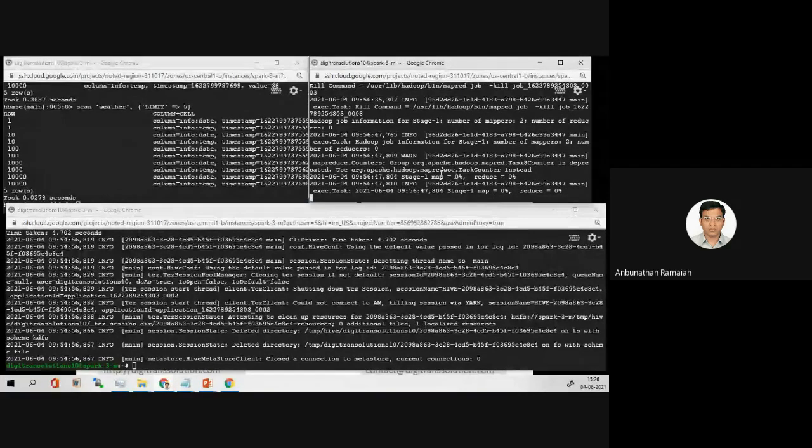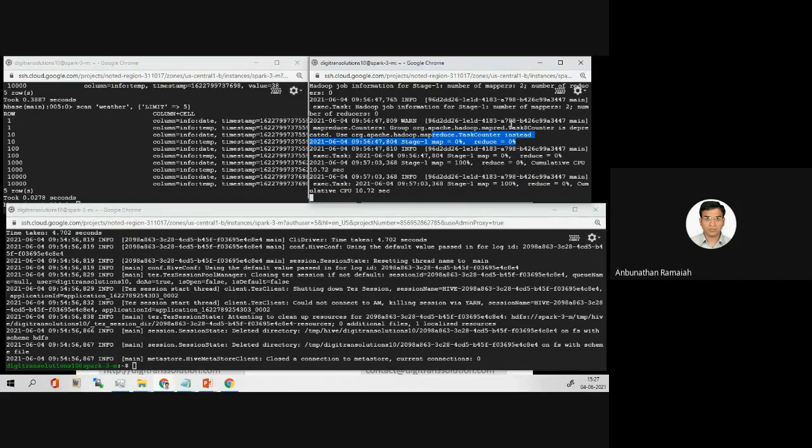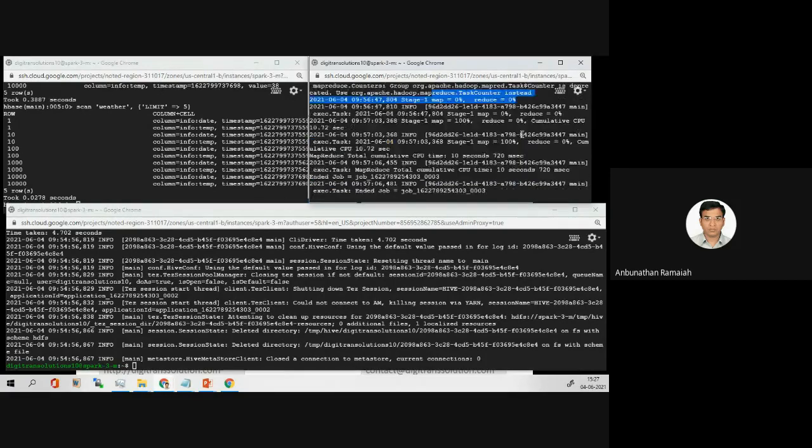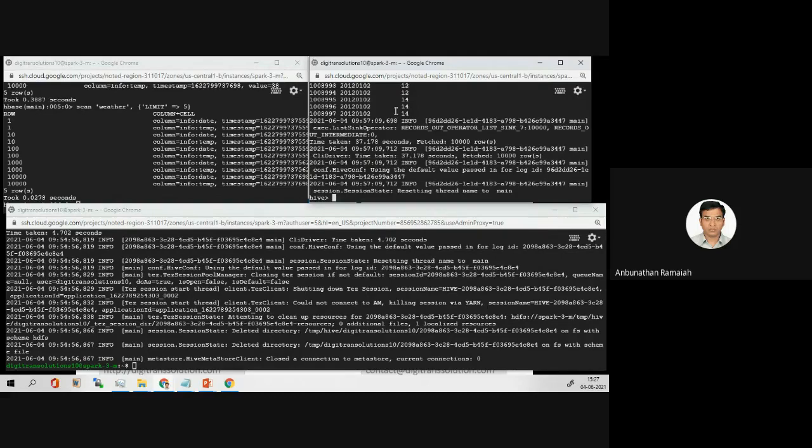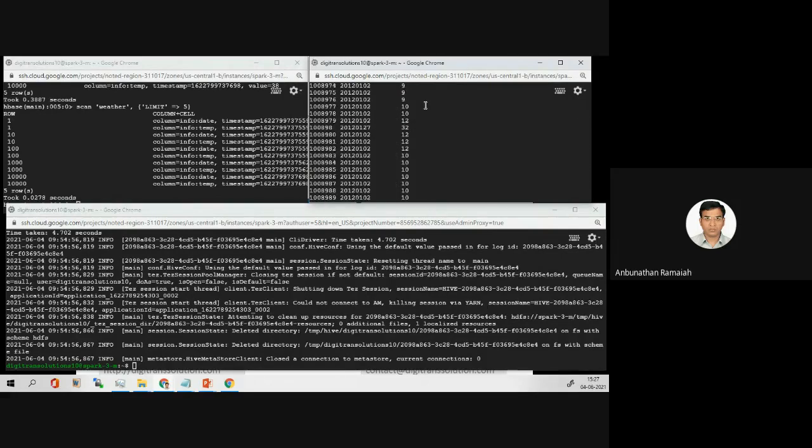So here you can see map and reduce 0, 0. So here map is 100%. See here the data is displayed. So 10,000 data we display.